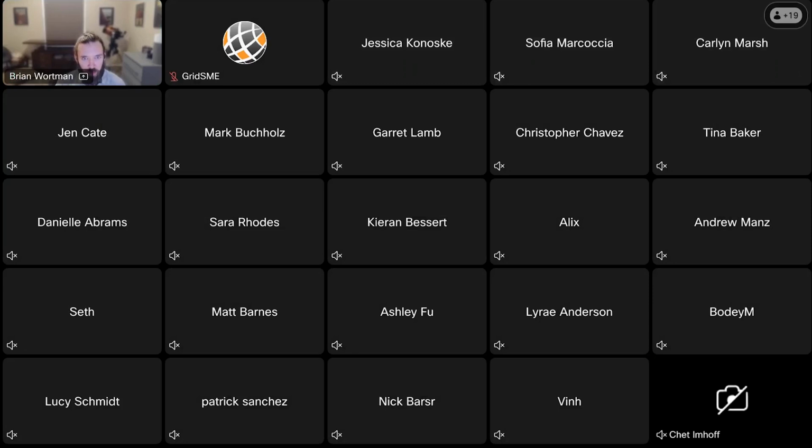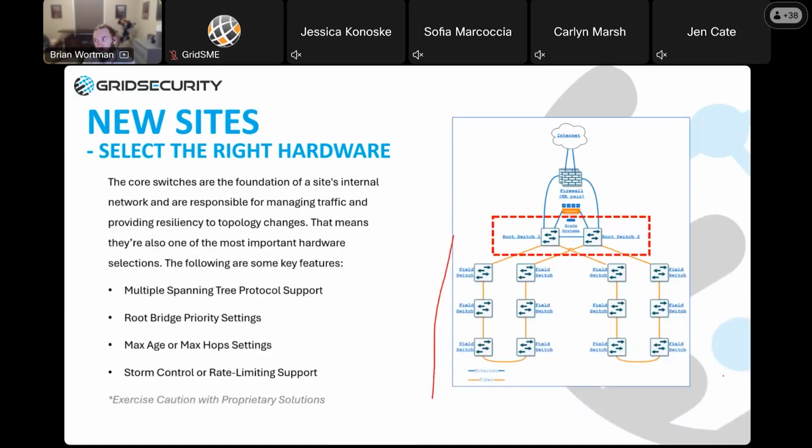It starts to cause problems over those 50 links, those few loop topologies. So if your environment matches that description, most new builds do, make sure your core switch can support some kind of multiple spanning tree instances so you can take advantage of network segments to break up your spanning tree